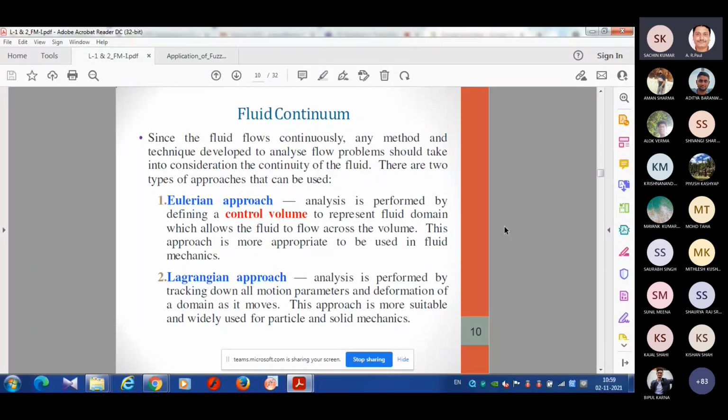But there are some branches of fluid mechanics known as statistical fluid mechanics, particle fluid mechanics, where we apply the Lagrangian approach. But this Lagrangian approach is not included in your syllabus. Sometimes we will give you some examples of the Lagrangian approach, just for enhancing your knowledge. In the Eulerian approach, the most important thing is control volume. So in the next class, we'll discuss control volume, and after that the concept of continuum would be clear to you. With this, I want to stop.